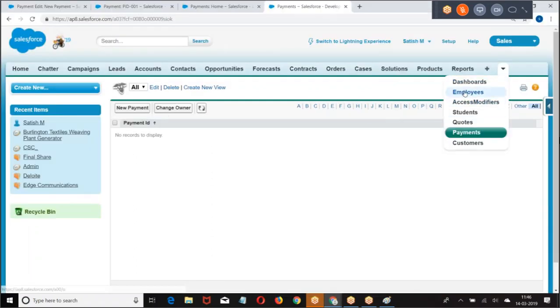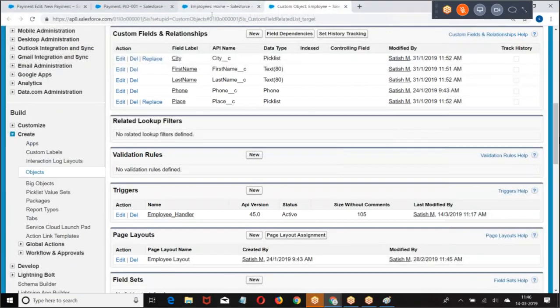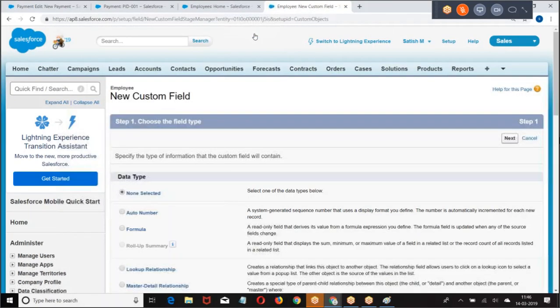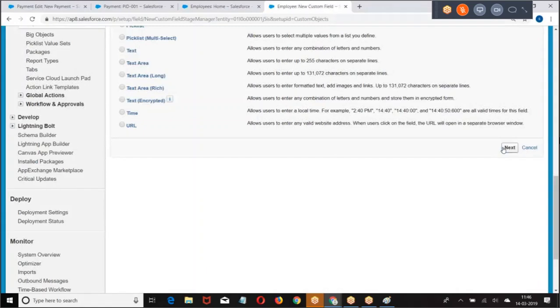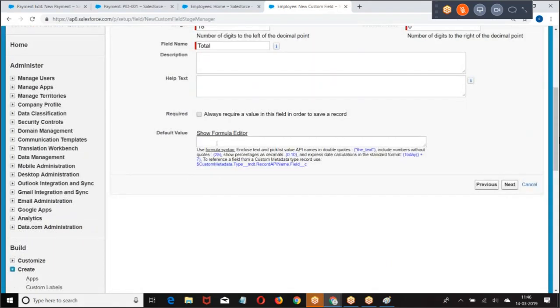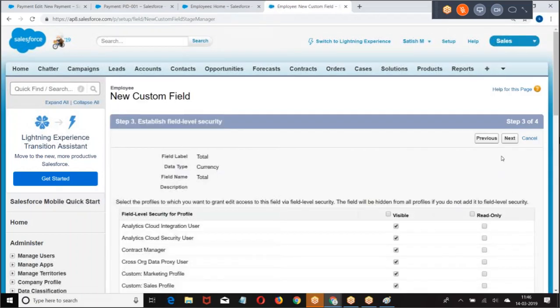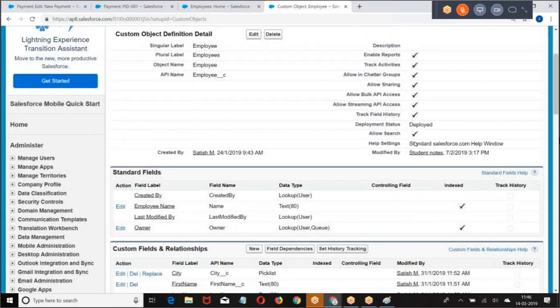On employee object, default value, this is what we got.